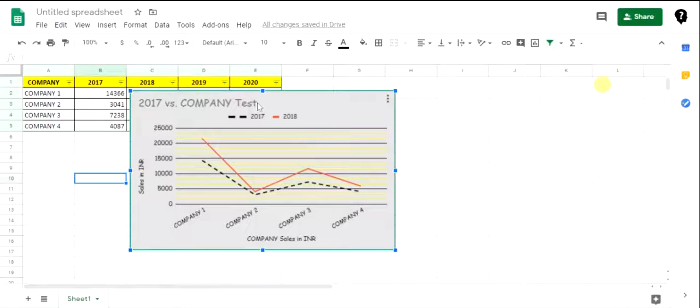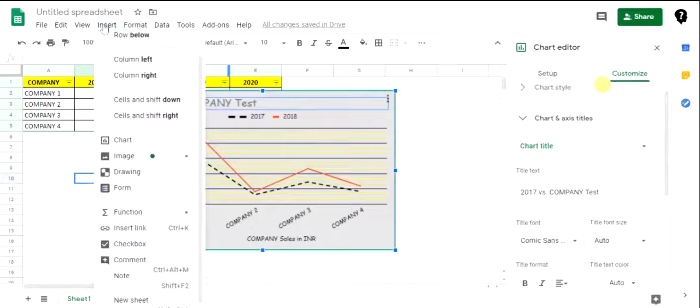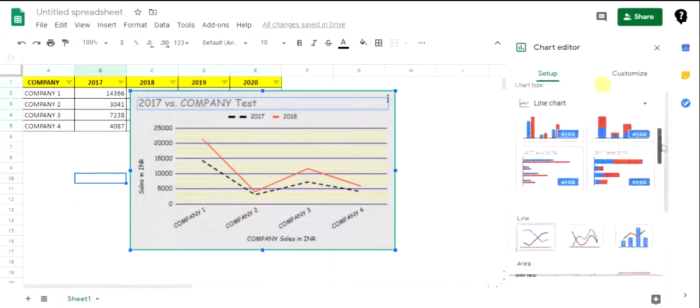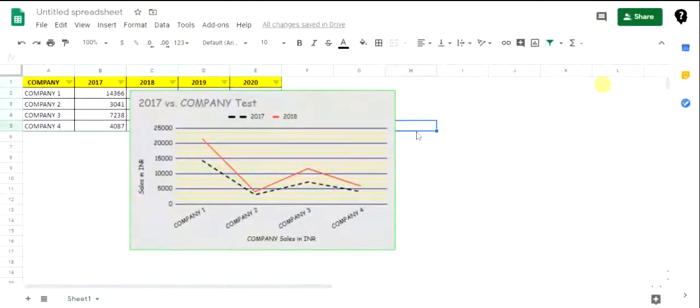I'll make more advanced videos on the chart, and I'll try to see where I can accommodate those advanced charting techniques in Google Sheets, because in this I have just covered one chart style. But if you look at the other chart styles, there are a lot of chart styles, and for each chart style we need different sets of data. I wanted to cover especially the speedometer or gauge chart, or inserting the scorecard chart, etc., because these are very handy when you prepare the analysis. But those things will come again, and I'll put an appropriate thumbnail for those videos so that you can visit those separately. So this is it in this session.